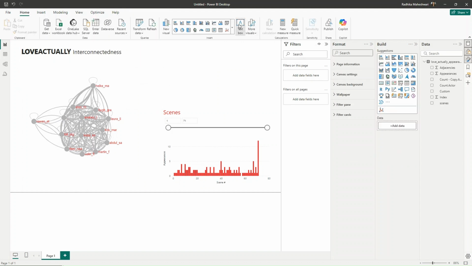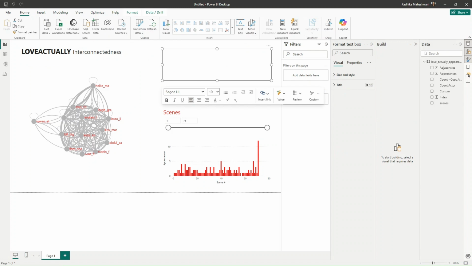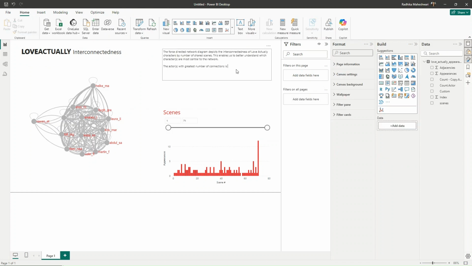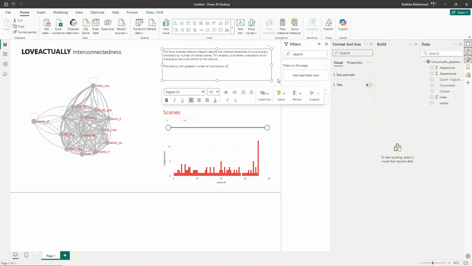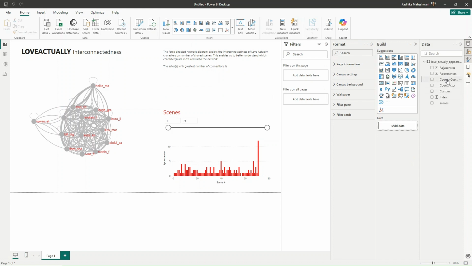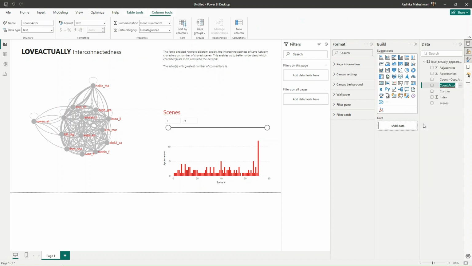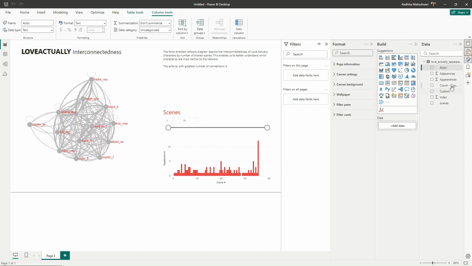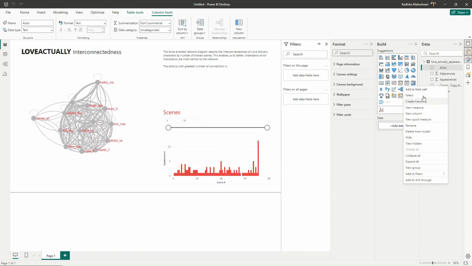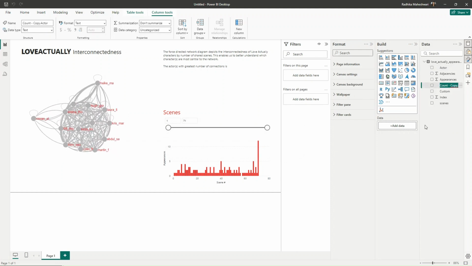And lastly, another text box to write the text. I will complete this in a second. Let us first rename these. So our count.actor is just actor. So I'll rename this as actor. And I'll rename this one as target actor.